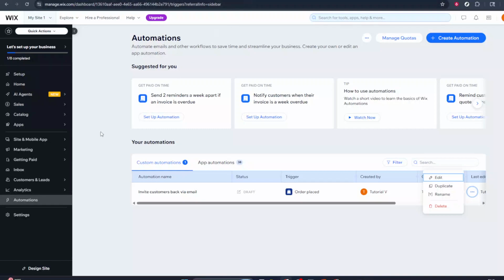In today's video, I'm going to teach you how to create automation in Wix. Automations in Wix are a powerful way to save time by letting the system do repetitive tasks for you, like sending emails after a form is submitted or updating contacts when someone makes a purchase. I'll walk you through the basic process from inside your Wix dashboard so you can follow along on your own